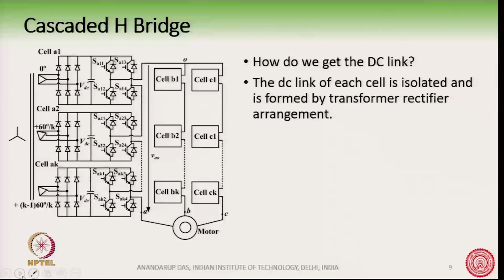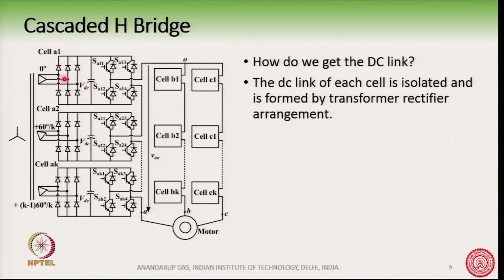How does the real converter look? Say for example, we are supplying a motor load here, and this is B phase, this is C phase, and this is A phase, which is shown with the detailed circuit. And if you see one cell in phase A, these are the 4 transistors or IGBTs with anti-parallel diodes,